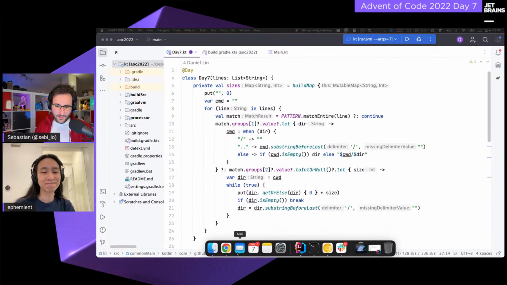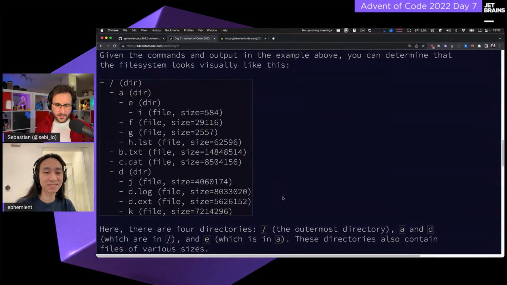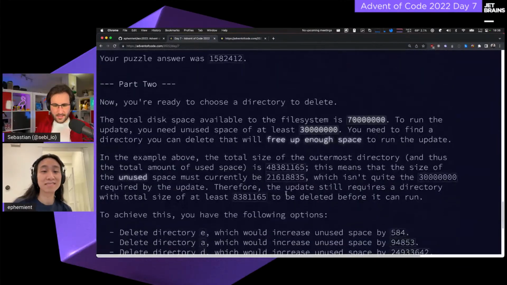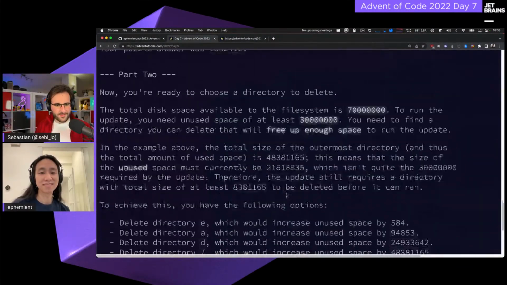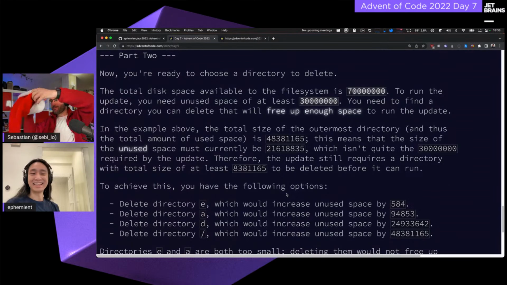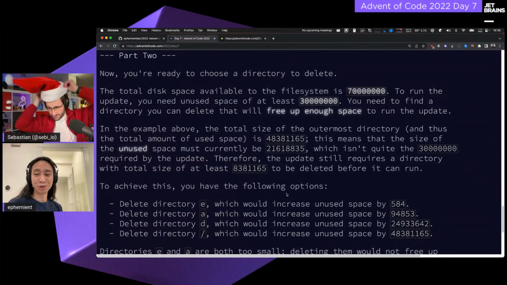Okay. Well, I think that's the first part checked off. So we're gonna quickly go for part 2, and this one is much shorter. Very nice. And then you get to roast my solution, because guess what I did? I built a tree. So that's a bit of a spoiler here. I mean, it is a totally workable solution as well. Yeah, I mean, I got there in the end, so it's all fine.